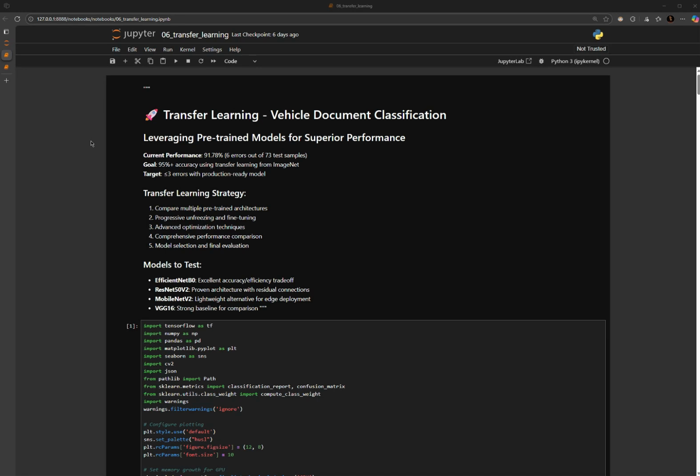Hi everyone. Today I want to teach you how to make a pre-trained model. This is a personal project about a vehicle document classification model. I created a model before that I trained, and right now the current performance is